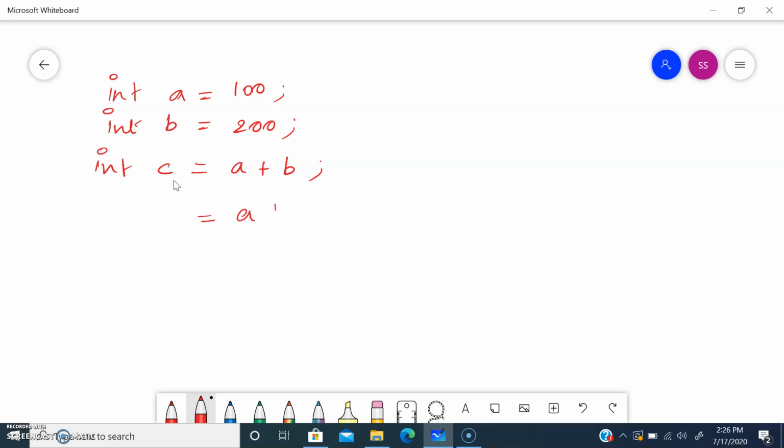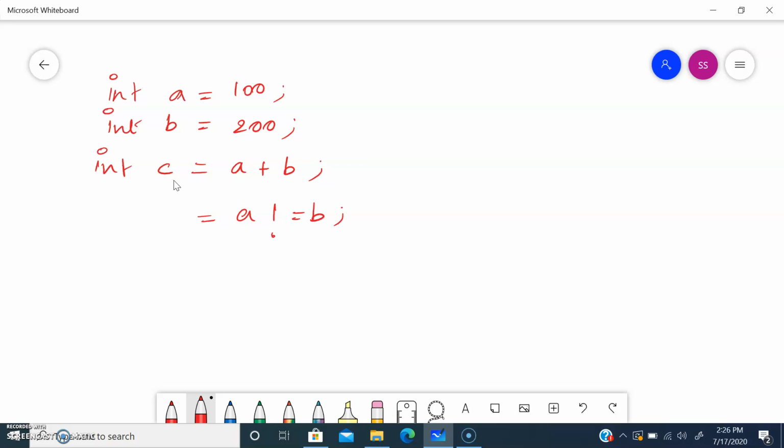For example, int a is equal to 100, int b is equal to 200, and int c is equal to a plus b. Now I'm going to say boolean d is equal to a is not equal to b.